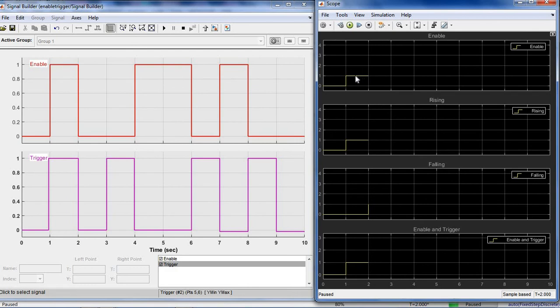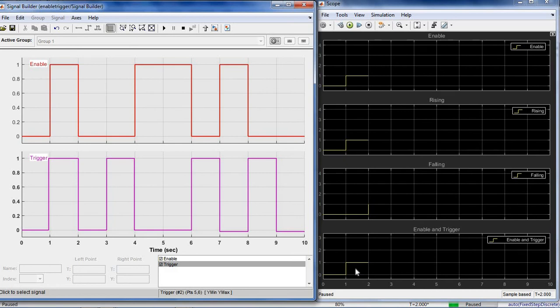Similarly, the second is rising edge. At 1, this is the rising edge, that's why it is incremented to 1. But this is the falling edge, and it will increment only at the falling edge, so the output remains 0.